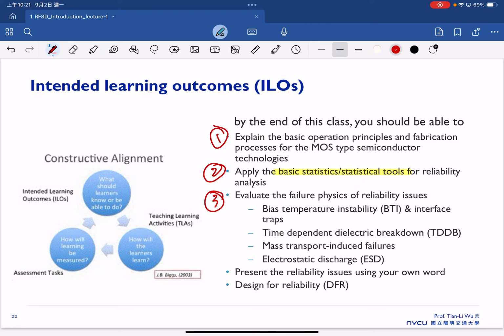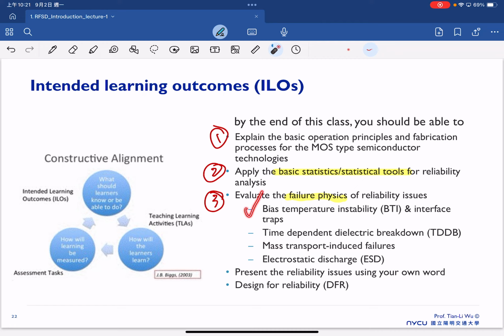And then the third one is for sure, we'll talk about the failure physics of the reliability issues here. So in this class, we also will talk about the four most important reliability issues. The first one